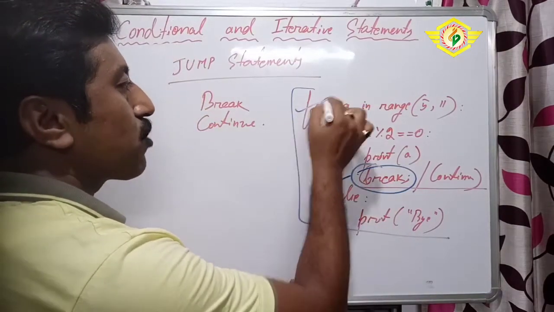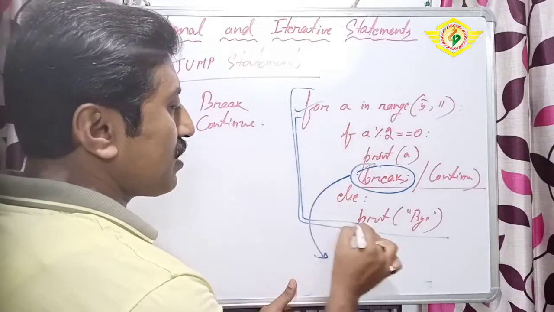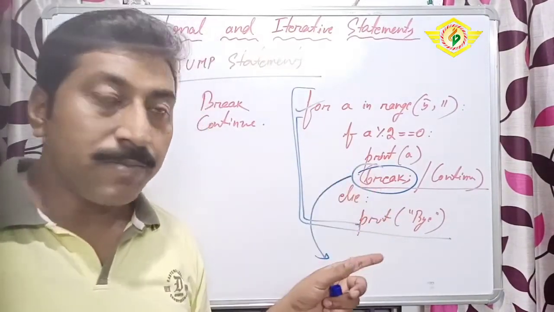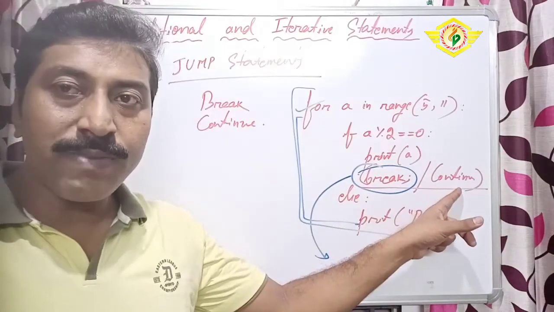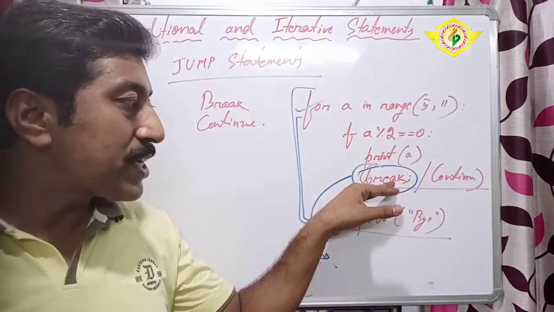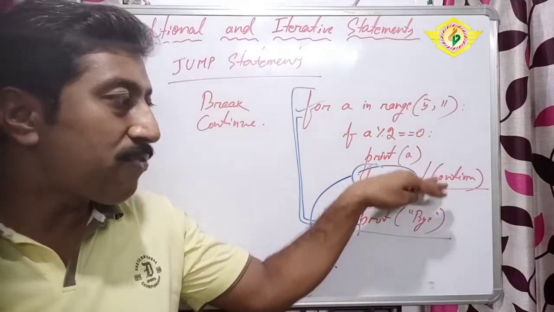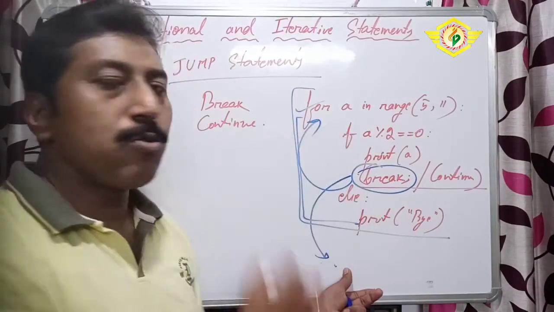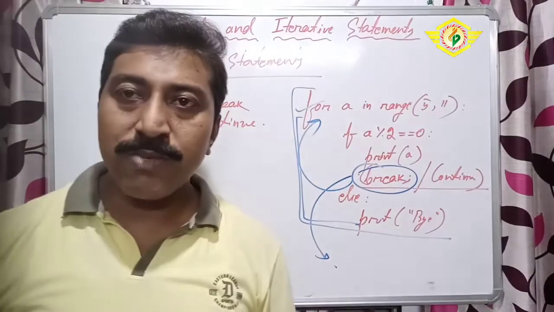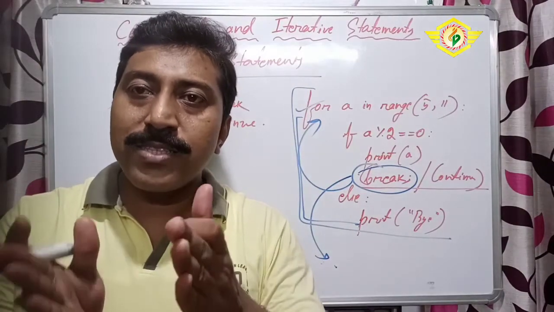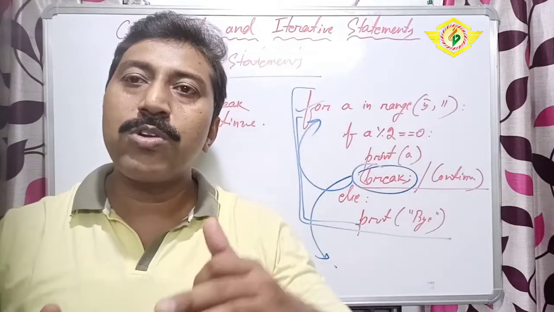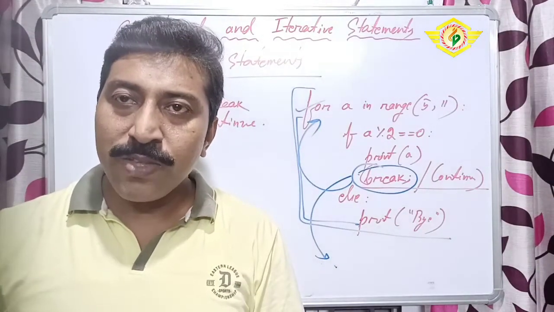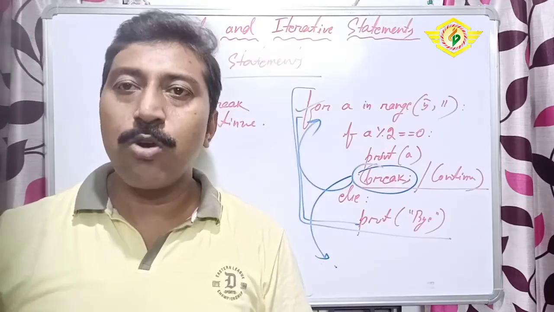That loop is the for loop, and the for loop statement is up to here. So it will exit from the loop if we write the break statement. But if we write the continue statement here, it will not execute the statements which are after the continue. It will go to the beginning of the loop. Continue means it will stop there and go to the beginning, but break means it will exit the current loop.